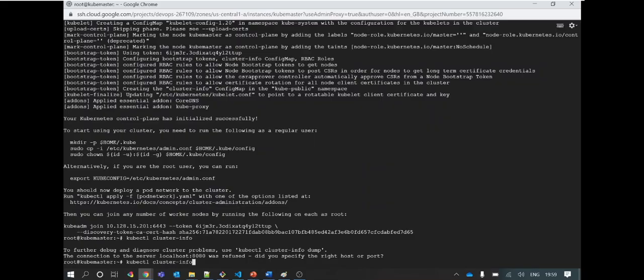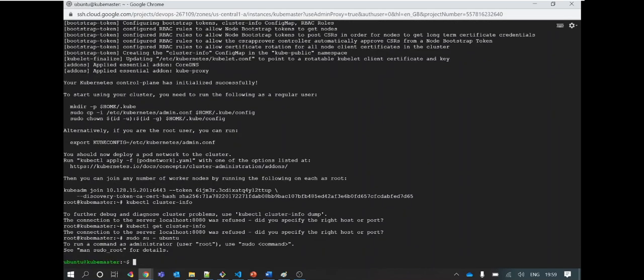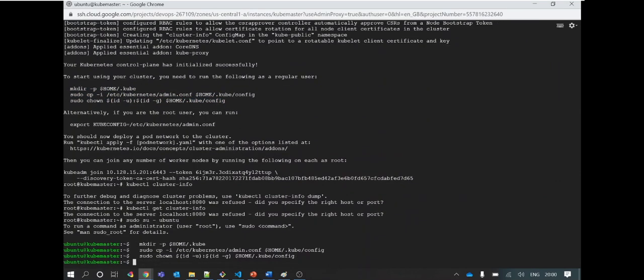Sorry, I have not run this. These are the steps that need to be performed by changing to the normal user. So that step actually I missed here. So let's change to my Ubuntu user, from which I will be running all Kubernetes operations. Let's go back there, run all these commands, and make sure the user has changed. These 3 commands I can run in one go, and then I can check kubectl cluster-info, right?